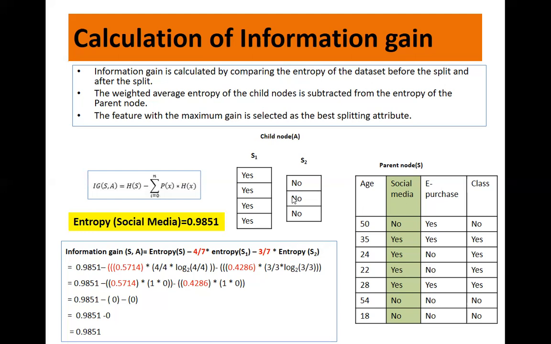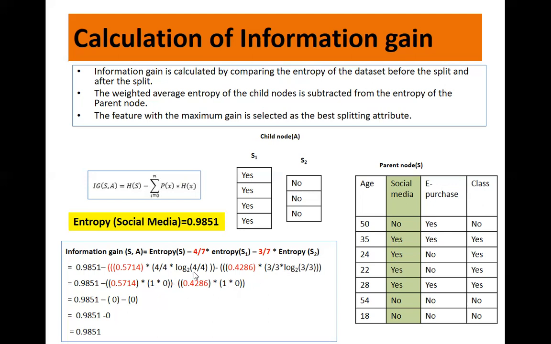Entropy of S2, again, all the samples belong to the same class. So you don't have Qi here, it is only Pi. So you write here, all the samples belong to the same class, so it is 3/3 into log of 3/3 to the base 2. We forgot to put the closing bracket. The closing bracket should come here. Now calculate the logs, multiply, again calculate the log and multiply.